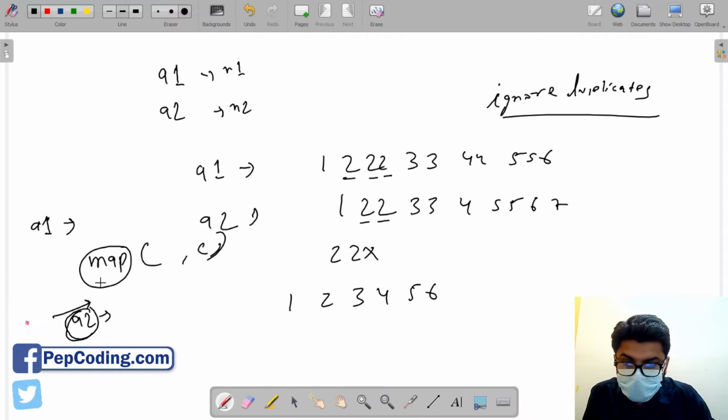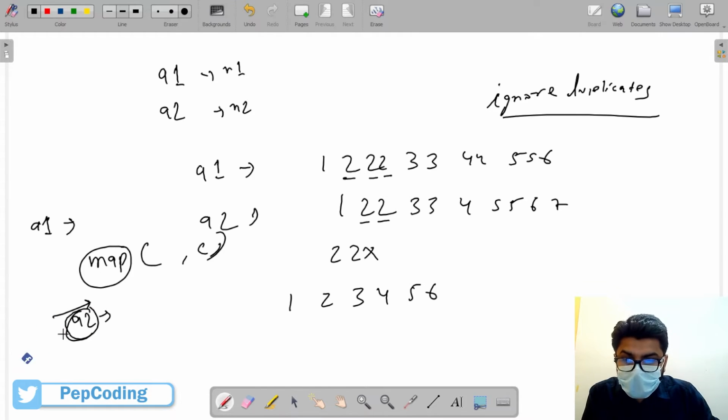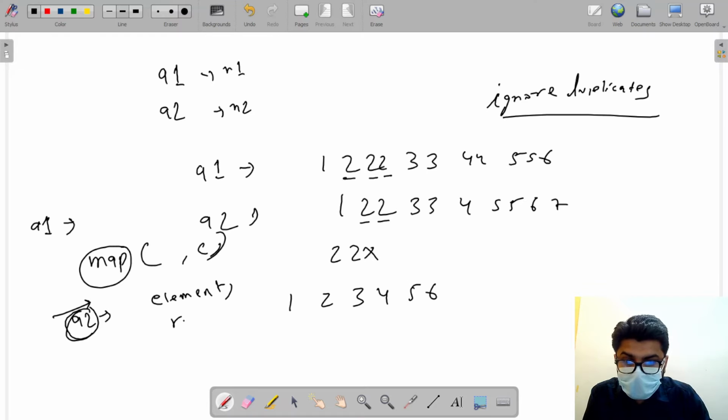If the elements of A2 are present in the map, that is, A2 and A1 have common elements, I will print that element and I would remove it. Why remove it? Because that element has multiple occurrences. If I don't remove it, it would be printed multiple times, but I only have to print it one time. So I have to use remove.